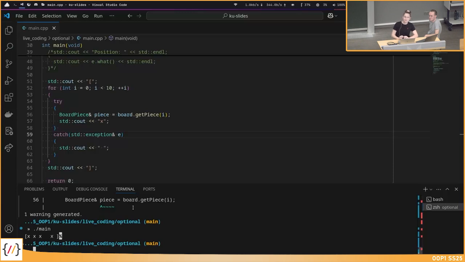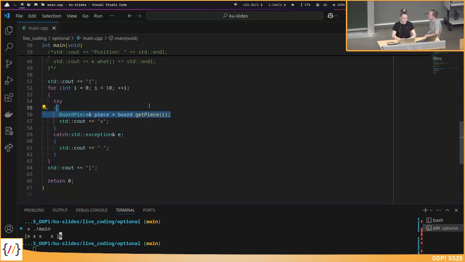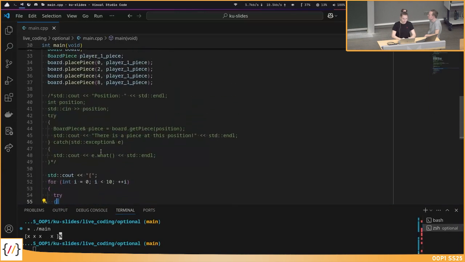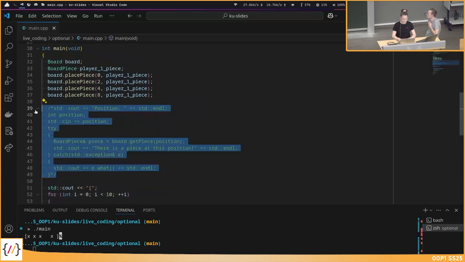So it's not really wrong with the program. It's more like we have some design issues with our program. Yes? Yes, we're using exceptions for the actual program flow, so for the logic of our program, instead of them just being errors. We just want to throw exceptions when there's really something wrong. But what we are doing here is we expect to get an error. So we expect to catch an exception here because we do not expect every position to be filled.